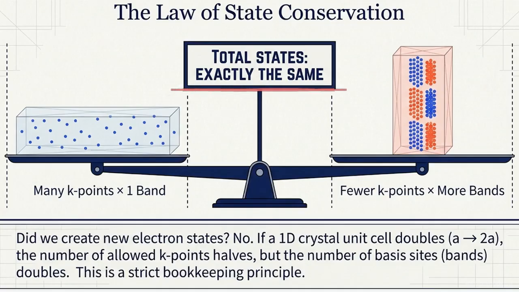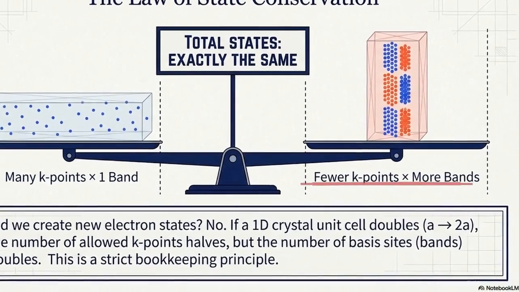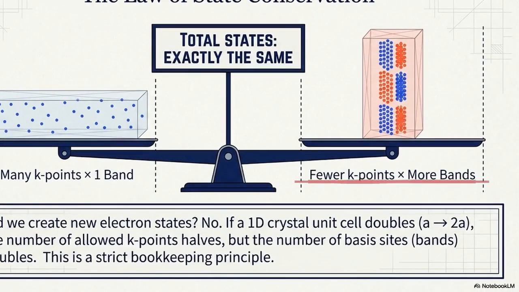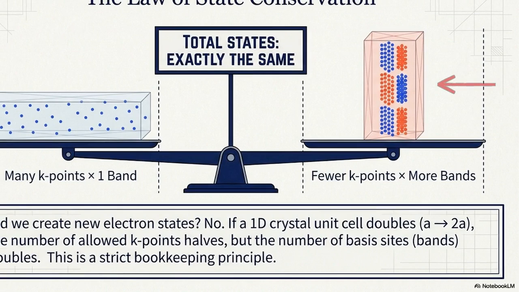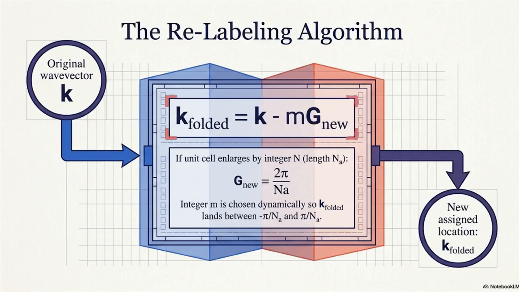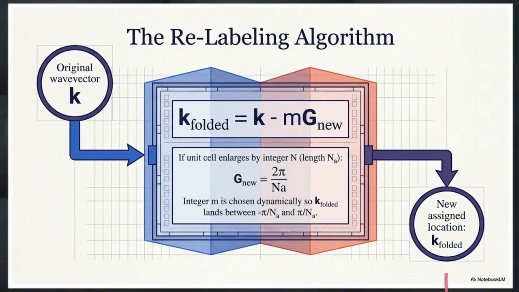Under the law of state conservation, altering spatial boundaries cannot create or destroy electron states. If a one-dimensional unit cell doubles in real space, the allowed momentum points halve. To compensate, the energy bands must double, perfectly maintaining the total state inventory. Because the total number of states is identical, the system uses a relabeling algorithm to fit the original states into